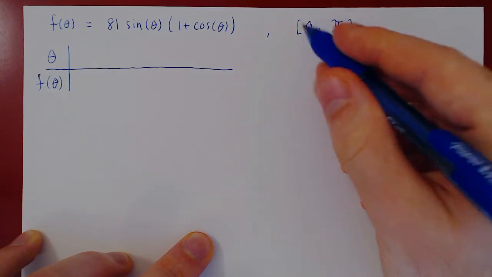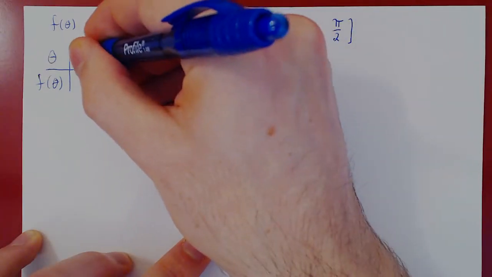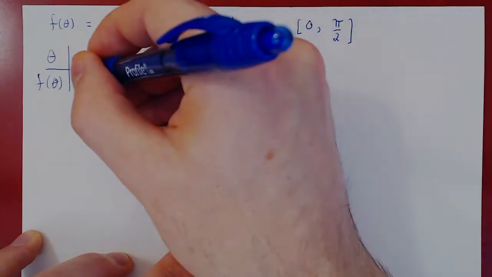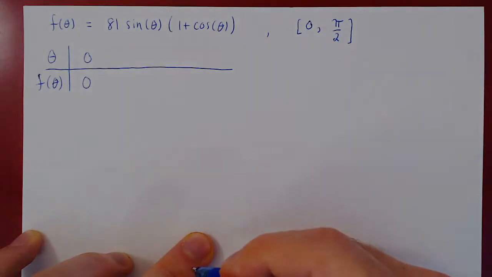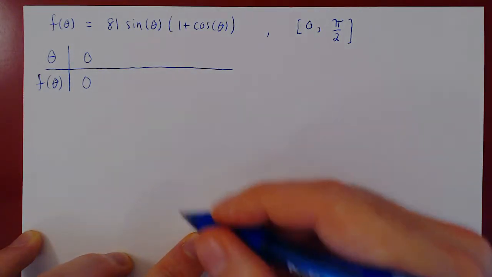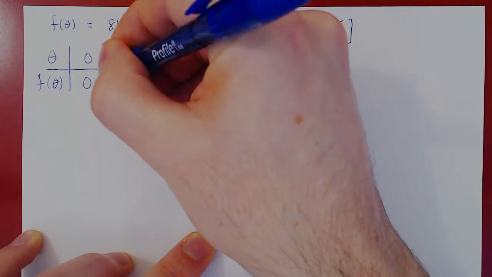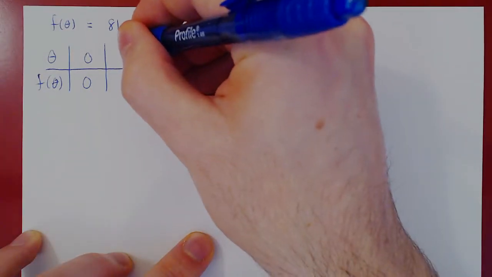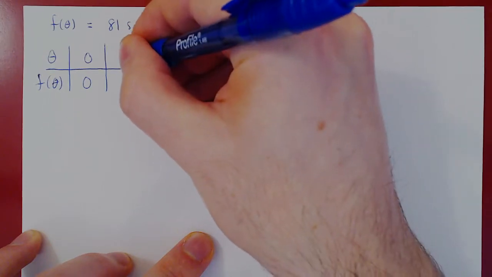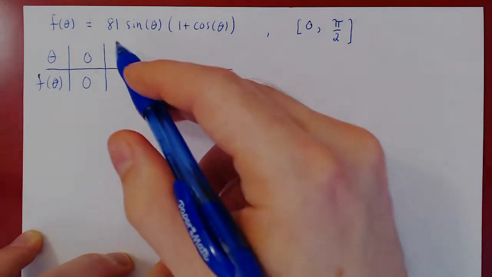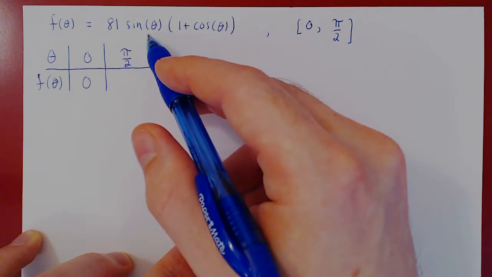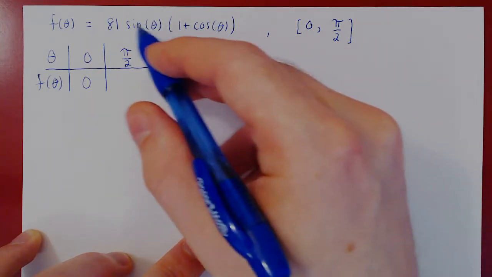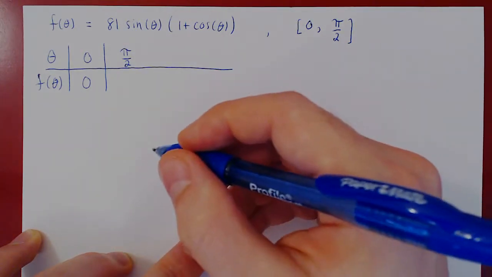So let's find f at the left-hand point of our interval when theta was 0. But sine of 0 is 0, the whole thing is 0. And so the cross-sectional area of our gutter is 0, clearly not a maximum value. Let's look at the right-hand point when theta was pi over 2, which gave us a rectangular rain gutter. Well, sine of pi over 2 is 1, cos of pi over 2 is 0, so this is 1 times 1, 1 times 81, and so we get simply 81